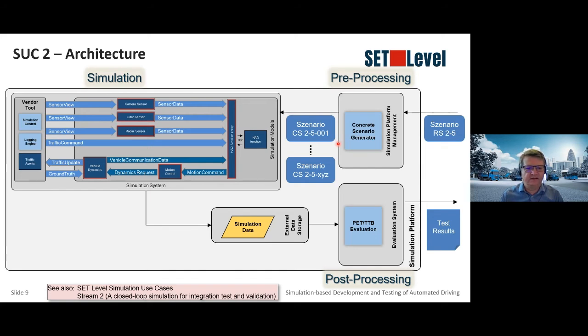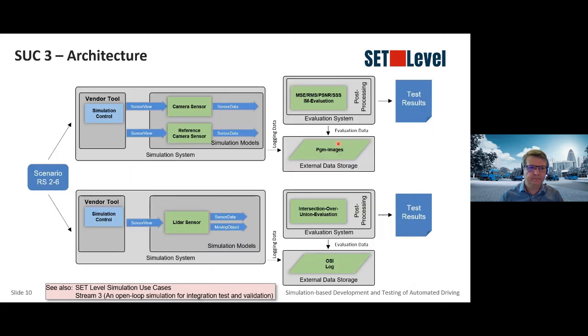And this is the second stream for the closed loop simulation. There we did the same thing with more focus on simulating the complete vehicle with the sensors, with the vehicle dynamics, with the HAD function itself, and as closed loop, so you can see how the vehicle is reacting and also the environment is reacting. And here the interesting thing is that we did this with commercial tool vendors. We have 2 implementations with IPG and with dSPACE, and this will be presented at stream 2 this morning in simulation 2.